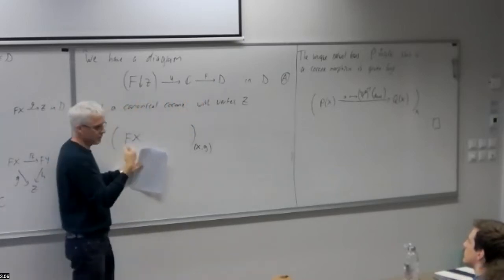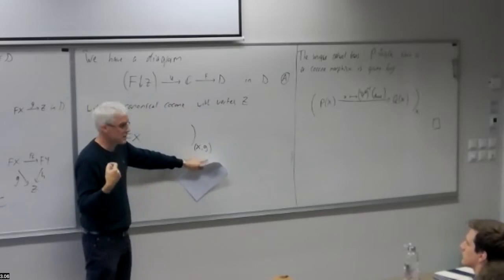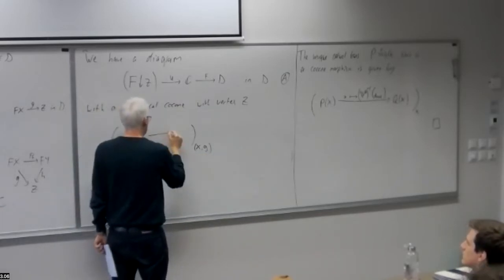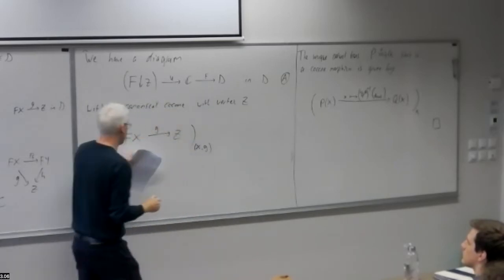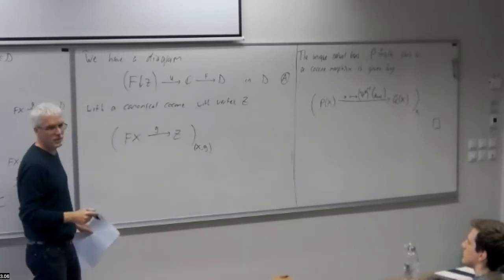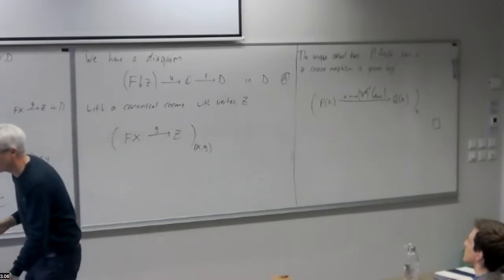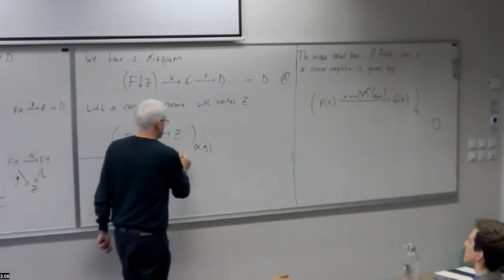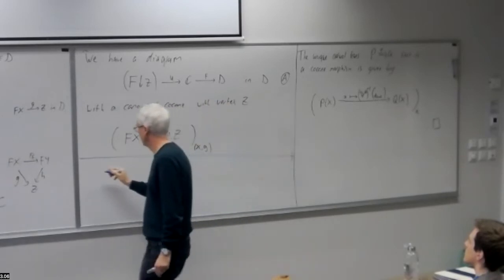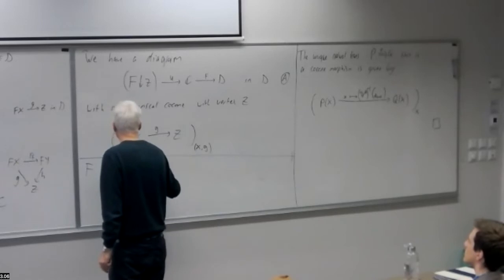We want a cocone from that, so we want a family of maps indexed by (X, g) into the object Z, but g is actually giving us just the map into Z. This is giving us the family of maps into Z, and it's easy to see that's a cocone for the diagram. And a functor F is said to be dense